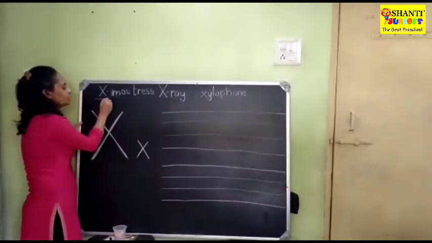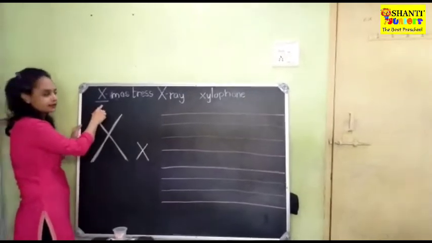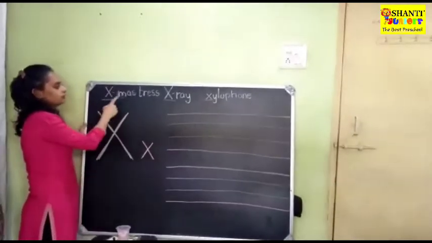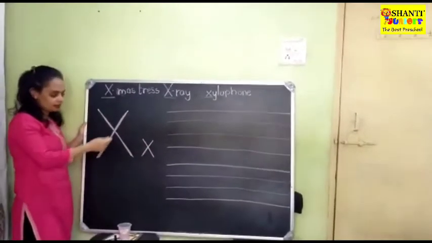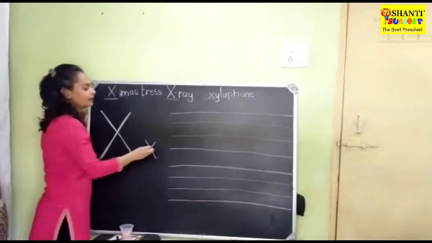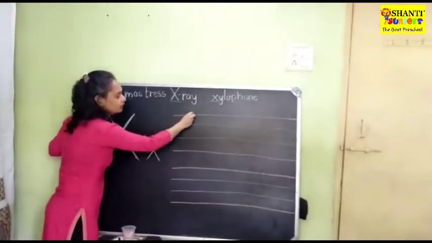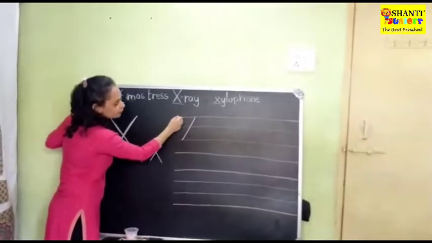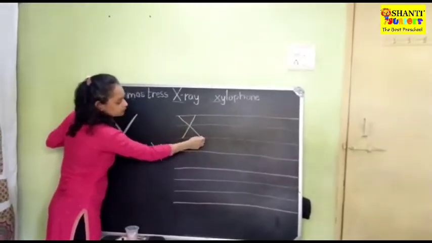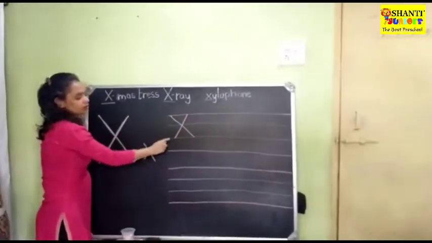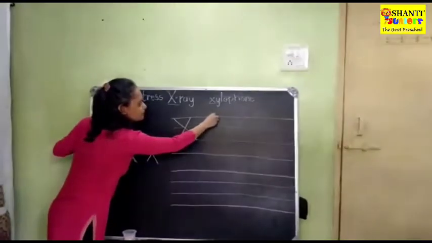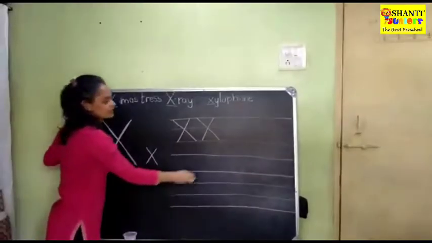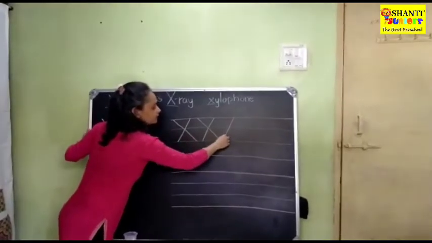Today we are going to learn X, so I am going to underline letter X. X. Okay? Because we are learning letter X. And now we are going to do writing practice. So you have to start from the red line to the blue line. Slanting line, you have to do one slanting line. And again from here, slanting line. You have to cross. So it becomes letter X. It's very simple. Slanting line, letter X, slanting line.